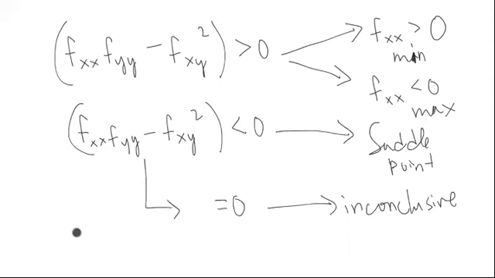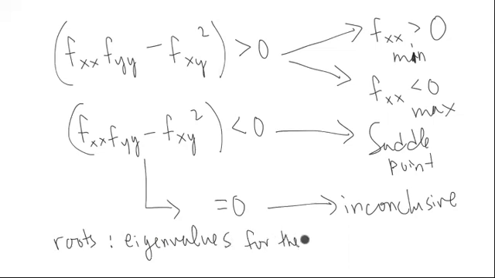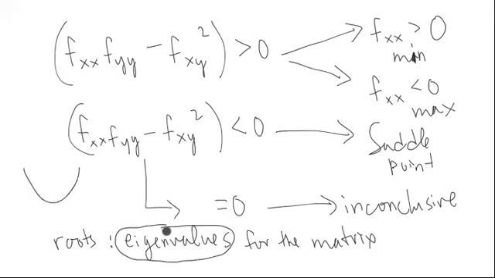Now, one little note: we're talking a lot about the roots, or the scalars that the matrix is behaving like. Those roots actually have a name. They're called eigenvalues of the matrix. So if you look this up somewhere else online, if a Hessian matrix has positive eigenvalues, then it's like concave up, so you have a minimum. If a Hessian matrix has negative eigenvalues, then it's like a maximum,